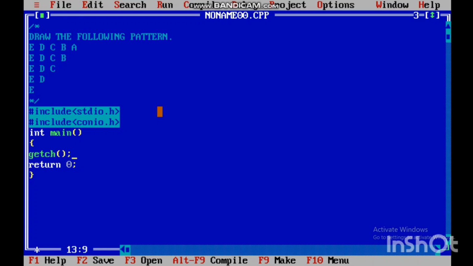So firstly we initialize i equals to 0 and check the condition if i is less than or equal to 4, and i increments by 1. And inside this outer for loop we create another loop that is called the inner for loop, and in this inner for loop we also take three parameters. Firstly we initialize the j variable equals to 4 and check the condition if j is greater than or equal to i, and j decrements by 1. And inside this inner for loop